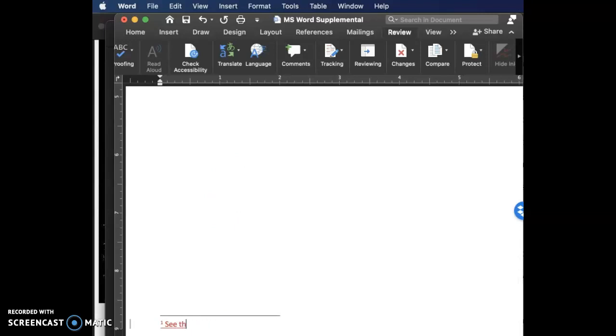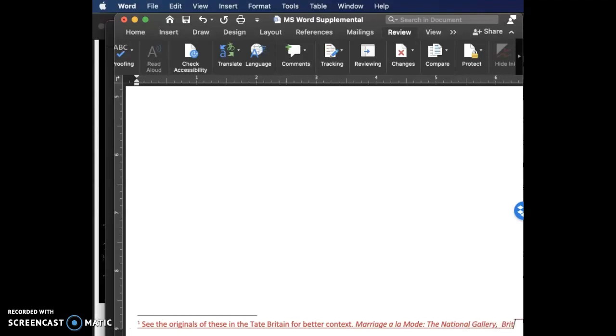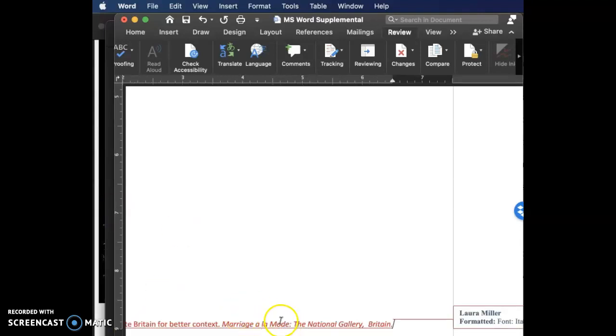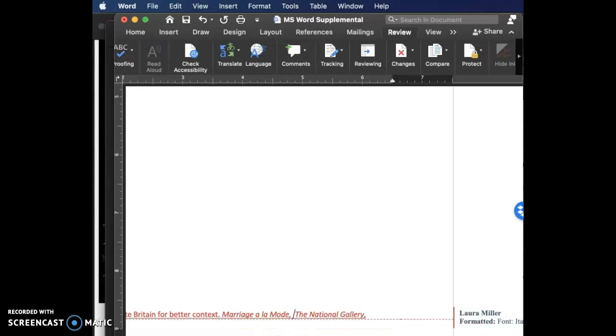See the originals of these in the Tate Britain for better context. Or you could also say, you know, marriage a la mode, the National Gallery, Britain, whatever year it was, 1730 or something,